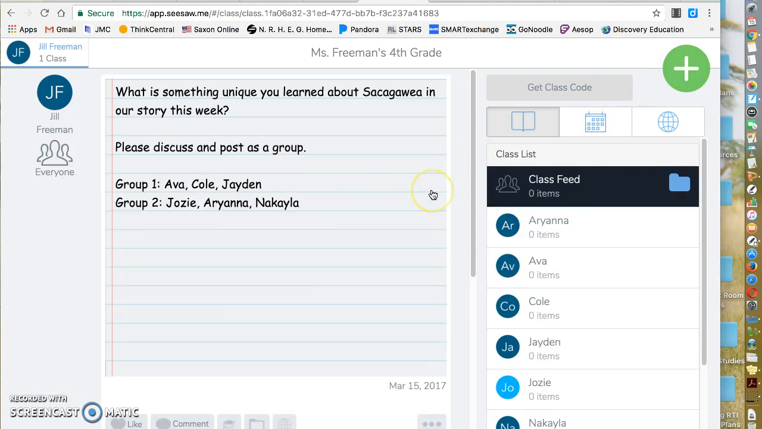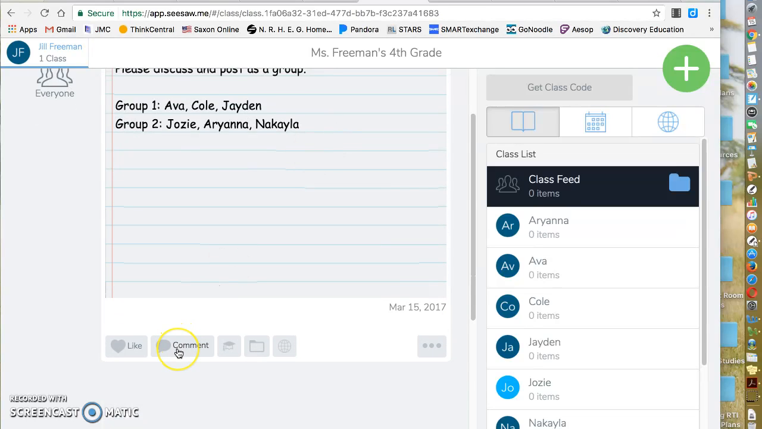So you'll see that on the post wall, this is what I have just written for my students to respond on. So the students will then work with their group to add to the post by clicking on comment, and one of them will have to post for their group. So this is just an example of how they could do that. So if I click on comment, which would be on their view as well,